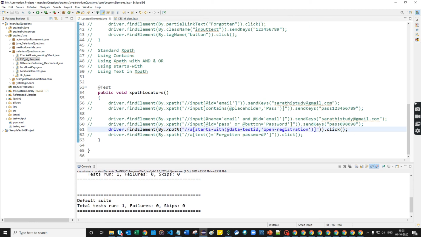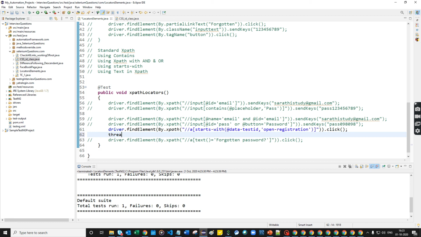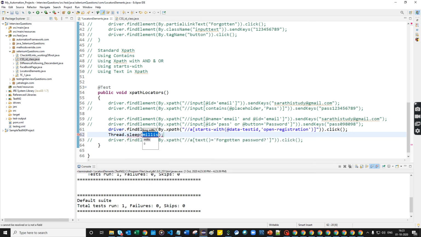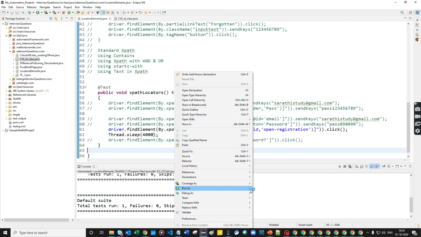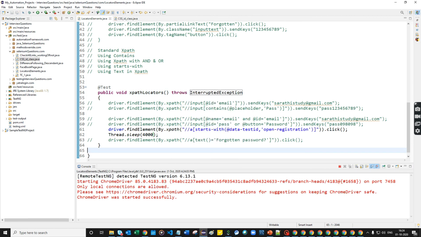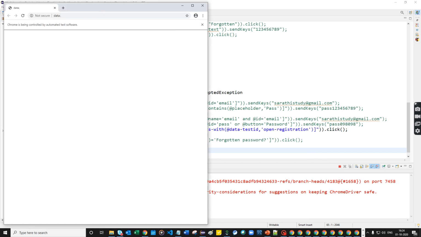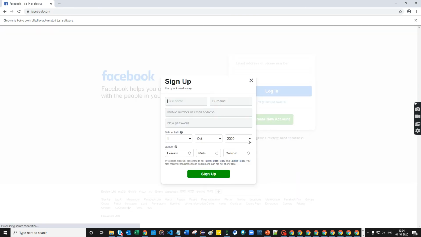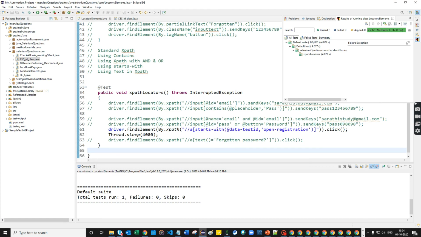I've given thread dot sleep, because I want to show whether it clicked or not. After clicking on create new account, it displays another page. See, it clicked. This is the sign up page. So it has been successfully executed.